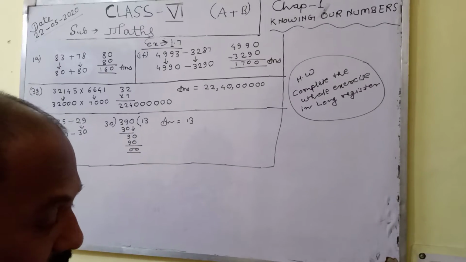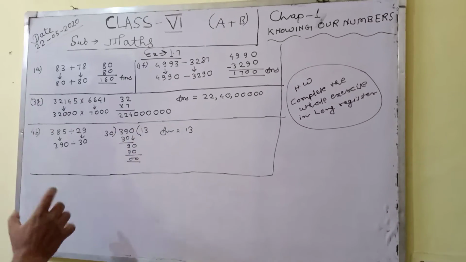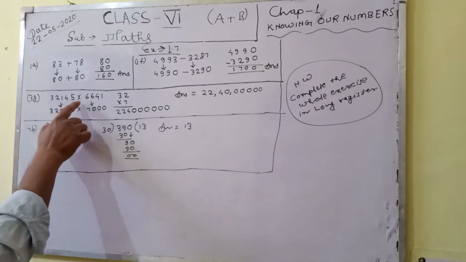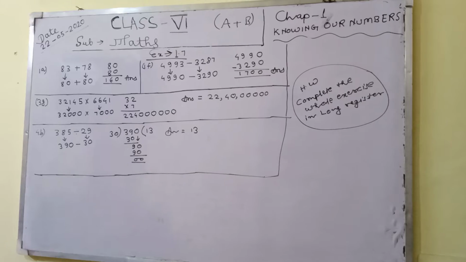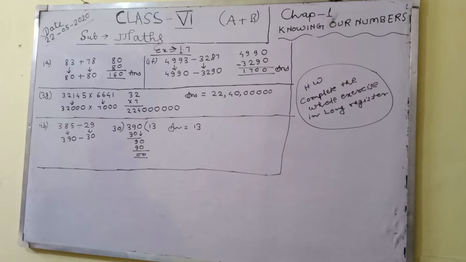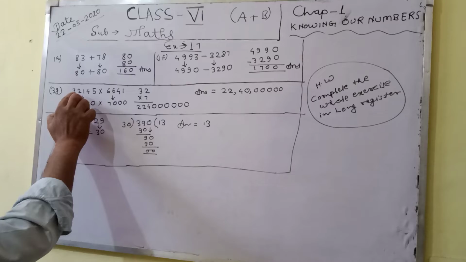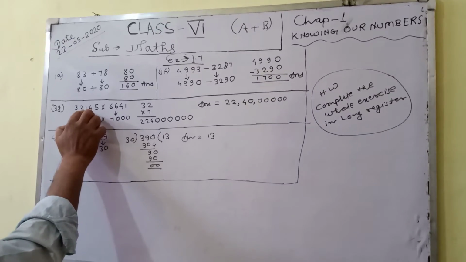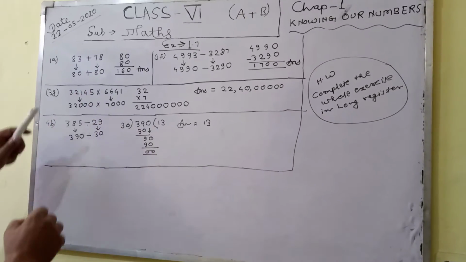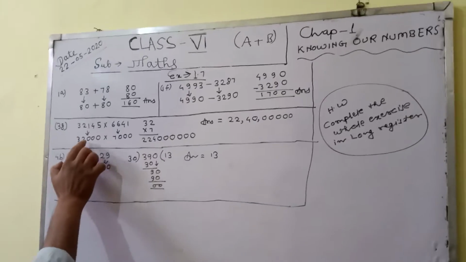Question 3 is: estimate by rounding off to the nearest thousands. I have jumped to 3g because this workout is a product, a multiply sign. First of all, according to the given instruction, we have to convert it into the nearest thousands. As per the rule, for the nearest thousands, I have to follow the hundreds place. The hundreds place is 1. So the before number will be the same, and after it will be zeros. After conversion to the nearest thousand, we have got 32,000.